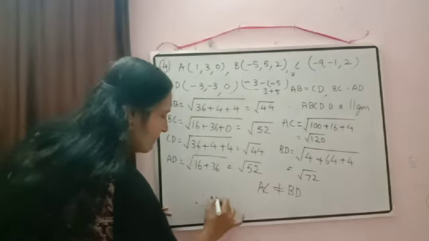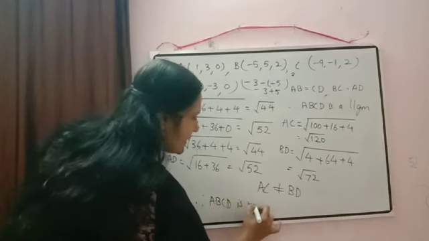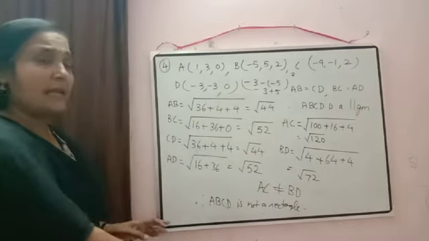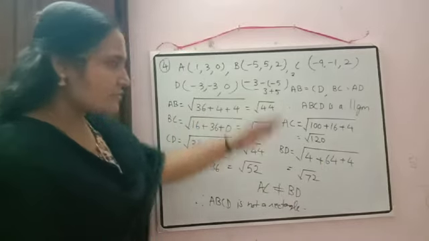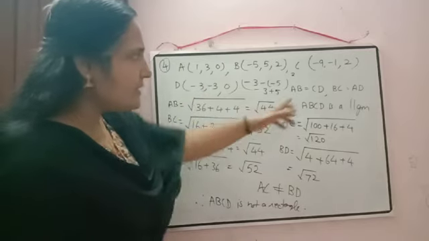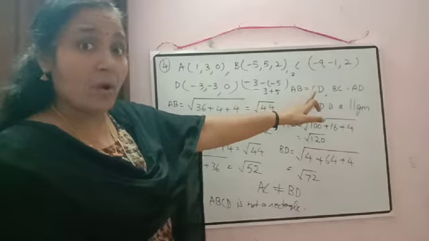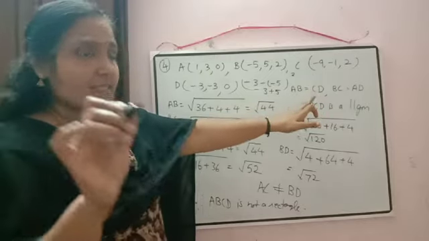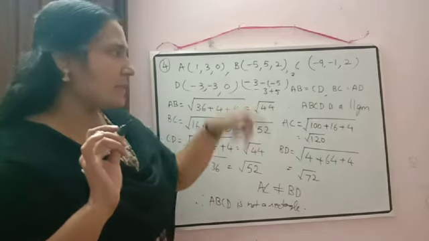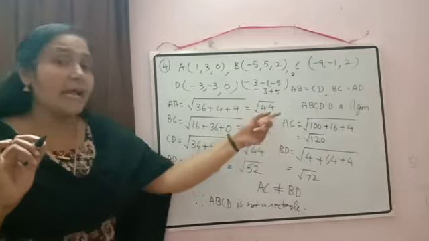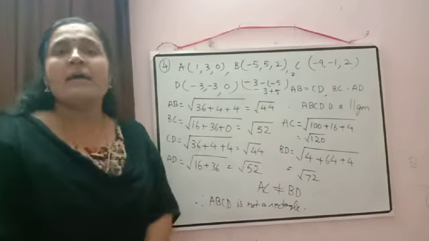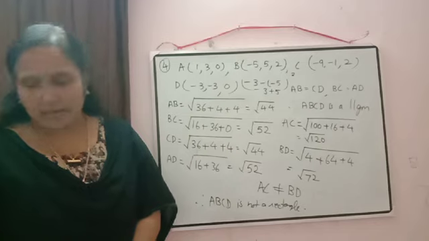Therefore, ABCD is not a rectangle. So whenever you are writing the solution, it should be clear what the question asked is. From the solution only, just to check, I calculated the distance of all the sides. Opposite sides are equal. I wrote the mathematical expression for that, but I haven't written it in words there. Therefore, it is a parallelogram. And then what I did? I checked the diagonals there and I am getting that the diagonals are not equal. Therefore, it is not a rectangle. Clear? Okay.